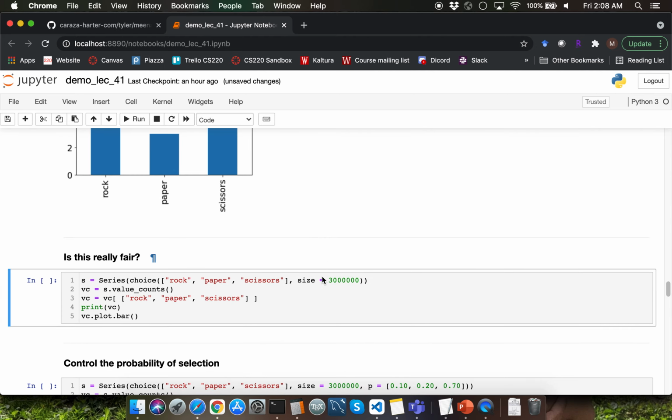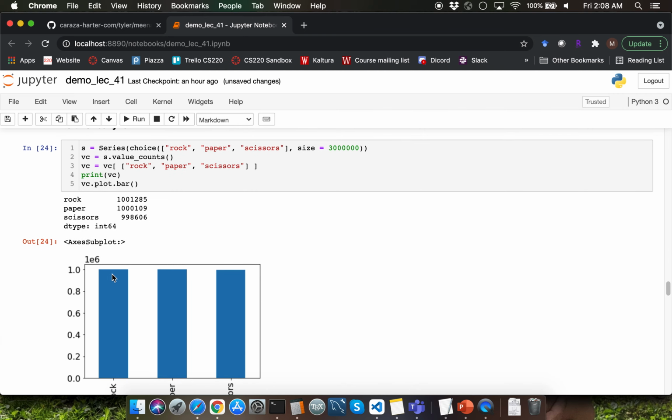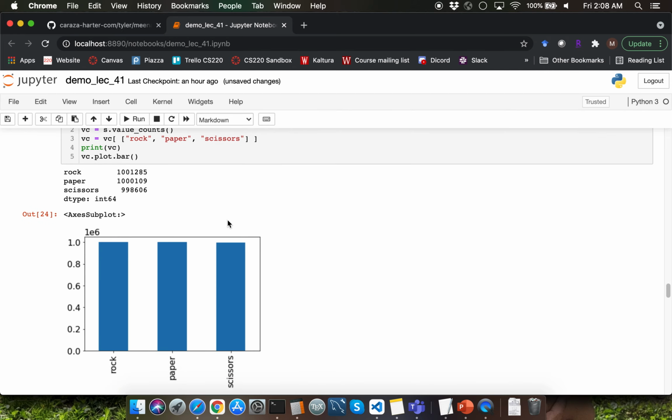Let's select 30 million items randomly from this list of items. Let me execute this cell. Observe that we are getting almost equal sized bars. If you take a look at the corresponding counts, you are able to see the same observation there as well. It feels like the random selection is fair here.